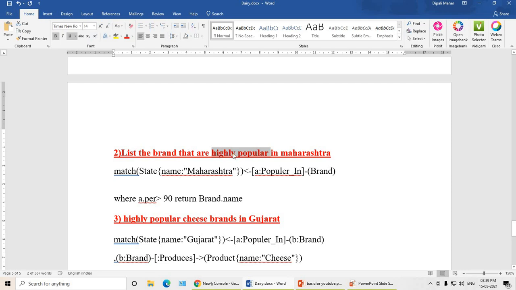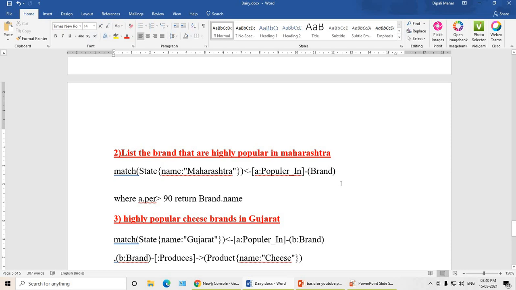So which brands are highly popular in Maharashtra? How to write the query? Match the state, and the state name is given. Name is Maharashtra. See, brand is popular in state. I have drawn the arrow this way because I have written the brand node on the right hand side and the Maharashtra node on the left hand side. You can do exactly the reverse also, no issue.